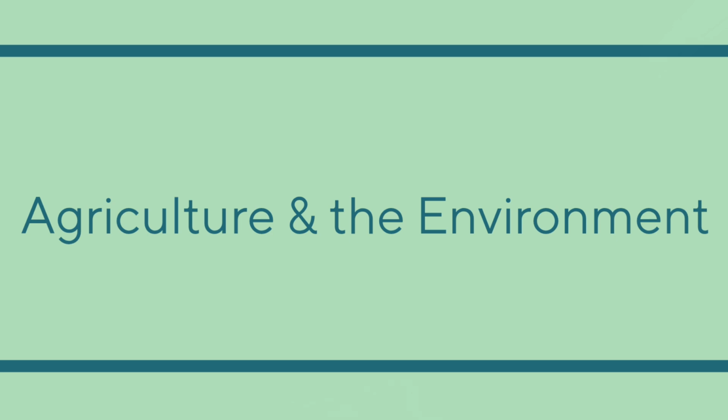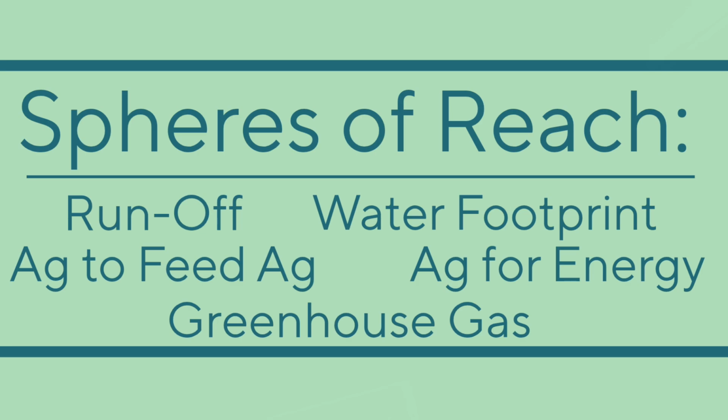So, again, the topic is agriculture and the environment. Agriculture is a huge sector of human existence. Obviously, there's a lot that goes into it, a lot of inputs, a lot of resources, and a lot that comes out, in the way of foodstuffs and more natural resources that we can use for energy, etc. So lots and lots going on in the way of agriculture.